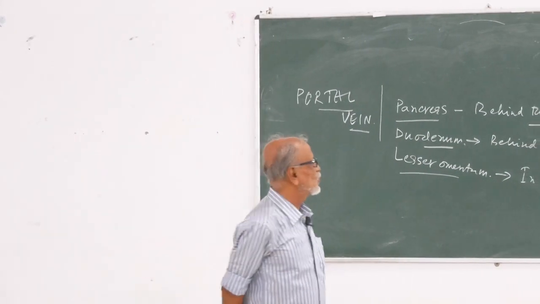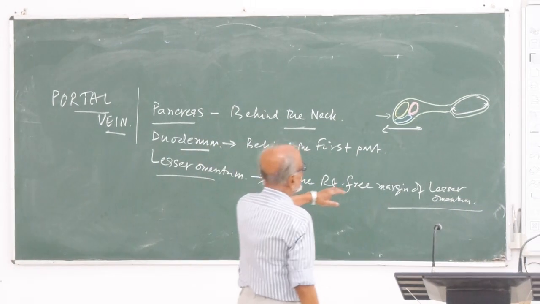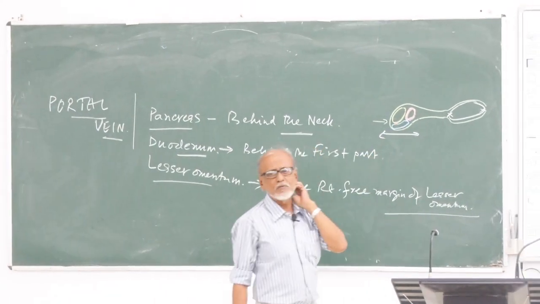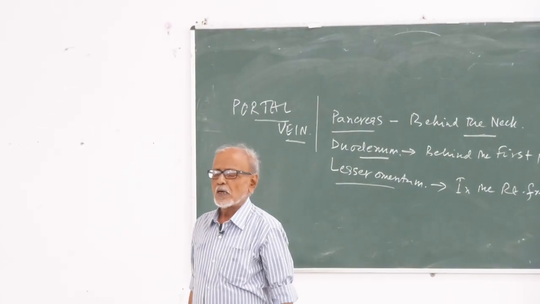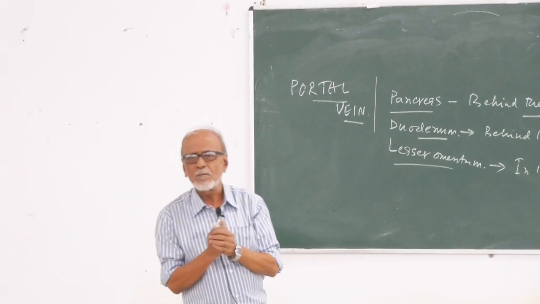তো যাই হোক, ওসব বলে আর লাভ নেই। তাহলে in front of the epiploic foramen we are finding the portal vein in the right free margin of lesser omentum. আচ্ছা, কেন এই জায়গাটা ইম্পর্টেন্ট? তার কারণ